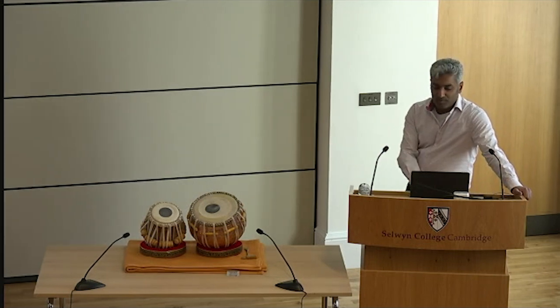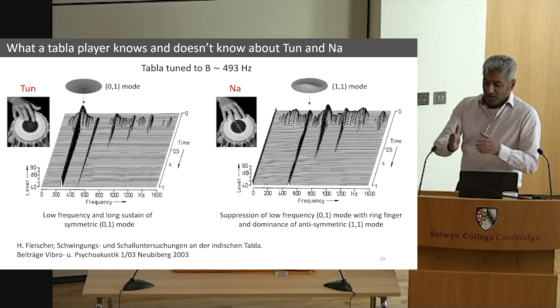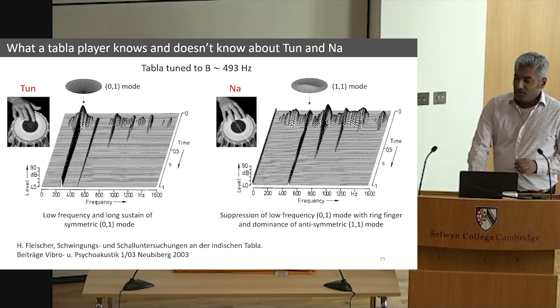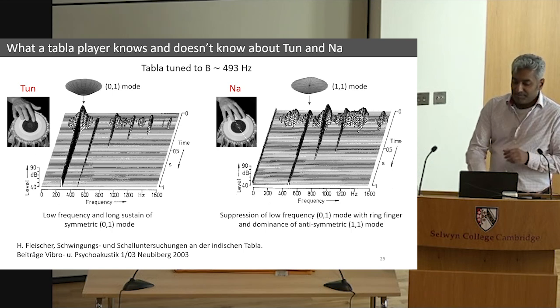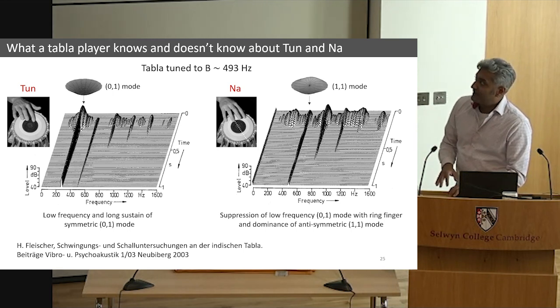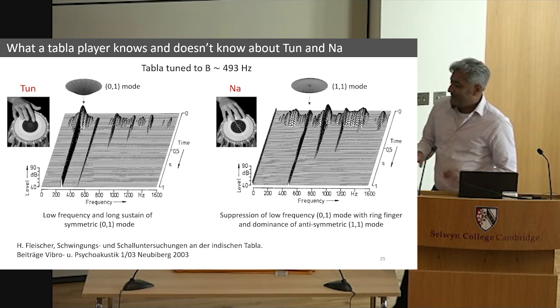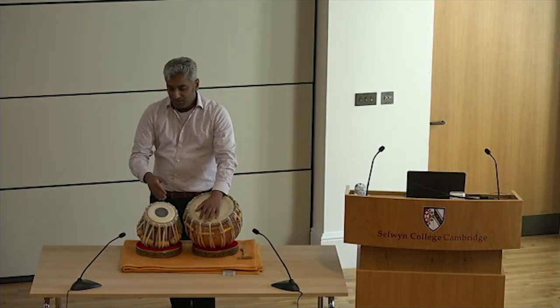And Raman in some sense was coming with a foresight, saying the tabla is harmonic, but the truth is the sound na is harmonic, because the frequencies you see over here, the second, the third, the fourth, the fifth, are all equidistant. But if you were to include the sound tun, the gap between the first and second frequency is slightly smaller than the gap between the higher order frequencies. And so the sound tun is actually not harmonic here. So when a tabla player is playing, they normally put their finger where they do over here, and they play the sound tun only sporadically.